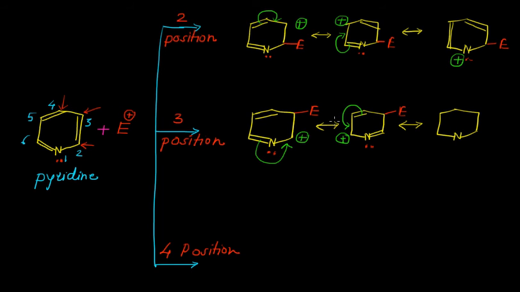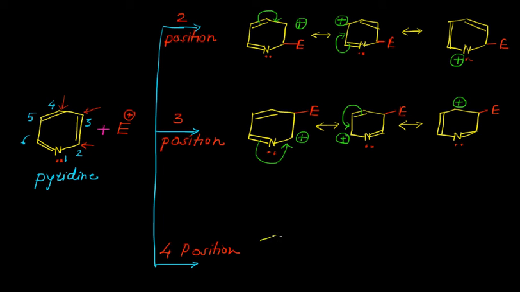like that. So the lone pair will be on this nitrogen, and we have the electrophile at position number 3. The other bonds will remain as they are, so this bond will remain as it is, and we have a new bond between carbon 5 and 6, and we have a positive charge on this carbon 4. Here you can see that there is no positive charge on nitrogen in all these three resonating structures. Now let us write the resonating structure when we do the electrophilic substitution at position 4.